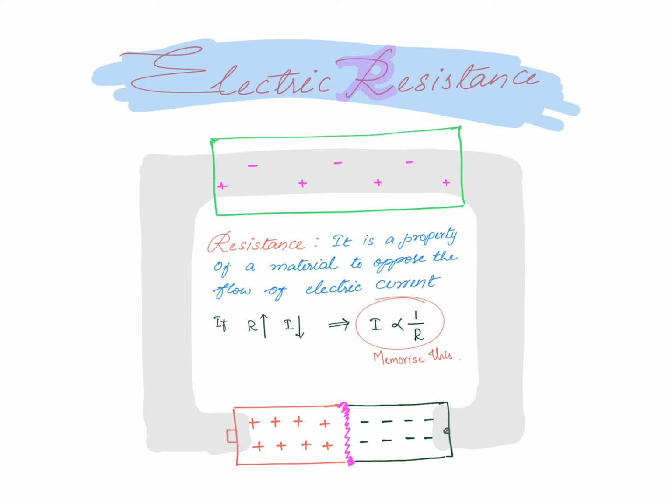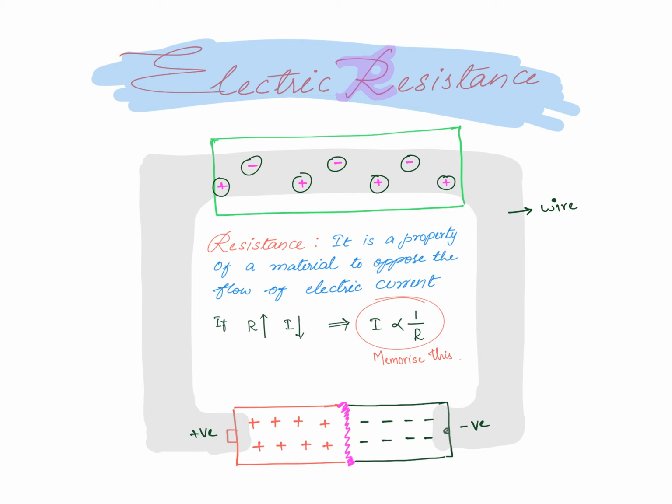Now we know that every material is made up of atoms, and an atom consists of protons and electrons as well as neutrons, isn't it? In order to make the circuit, we have used a wire, which is connecting from the negative terminal to the positive terminal of a battery. So it also should contain the positives as well as negatives, right? Every body is made up of atoms, thus comprises of electrons, neutrons and protons.